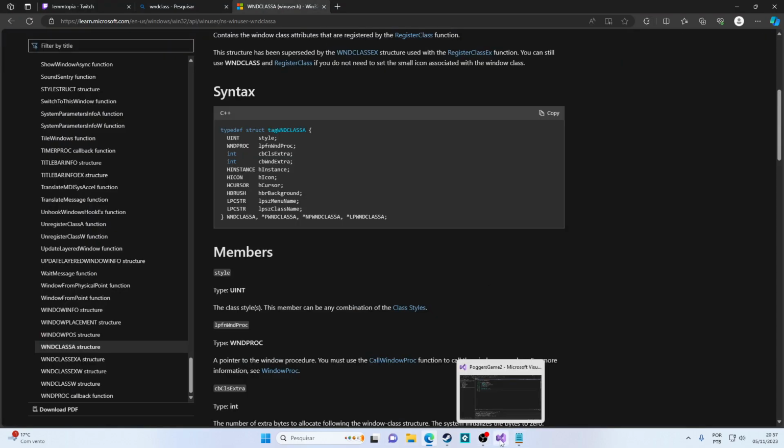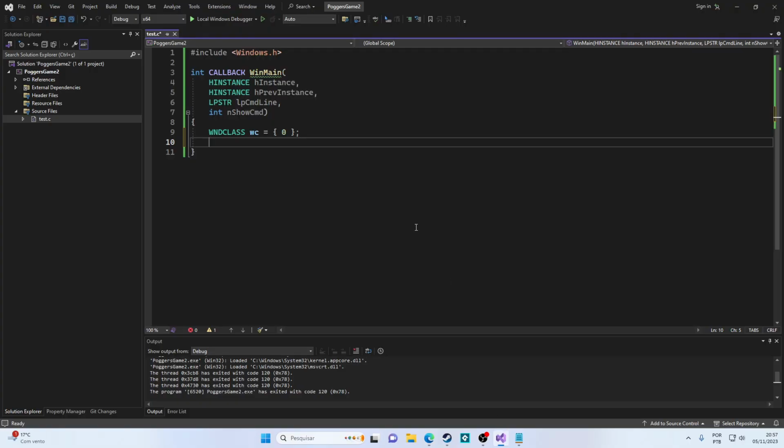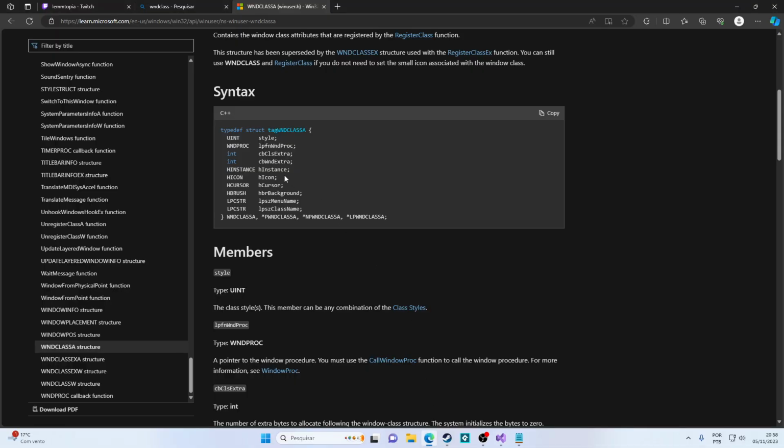So first off, we'll do the H instance. Let's do the first thing here, which is the easiest. So we just set it to H instance. So the H instance of the window is equal to the current H instance. To be honest, I don't know much about H instances. It's just the handle for the current app. So in my vision, you have an app, we have the handle for the app that is running. Then we need to just do